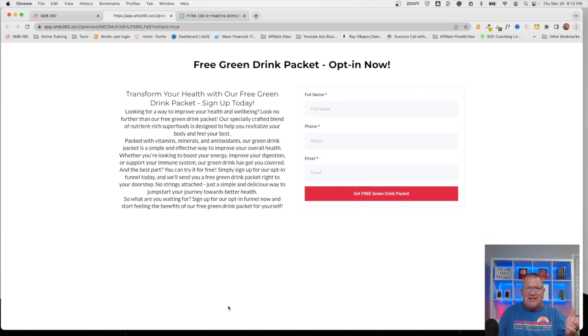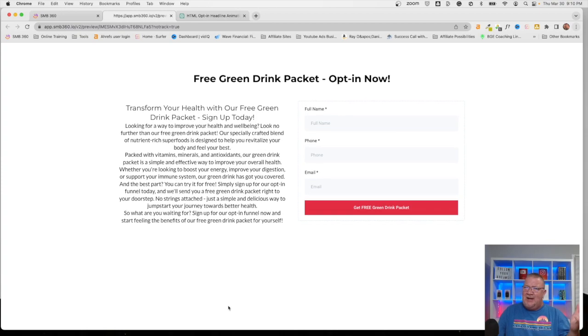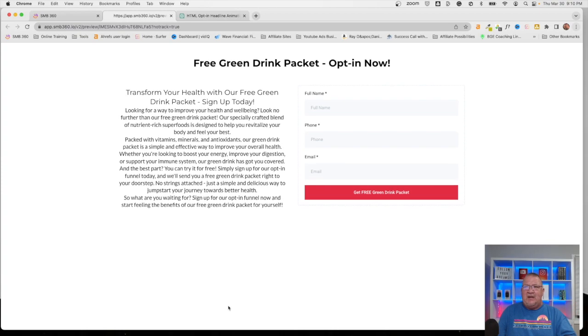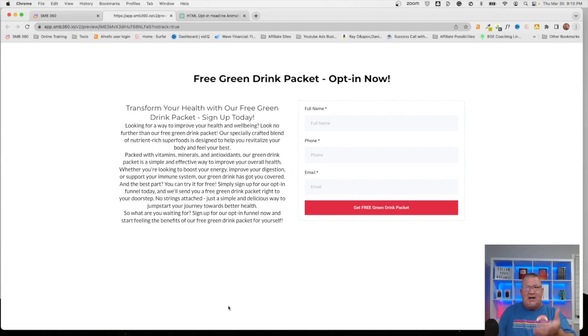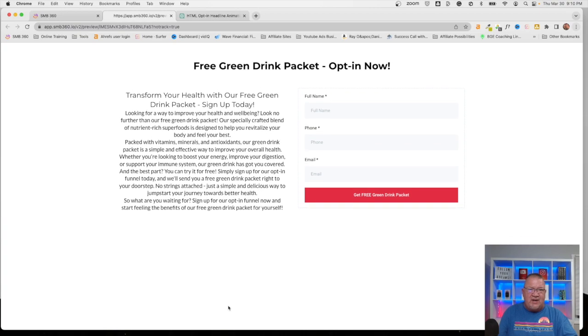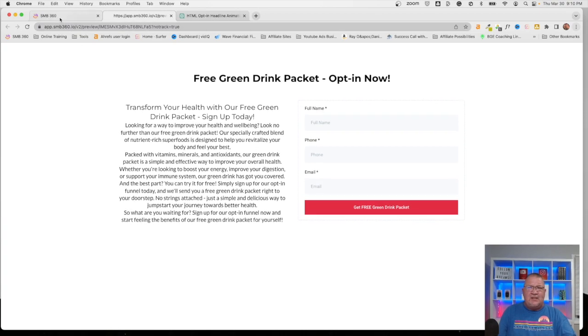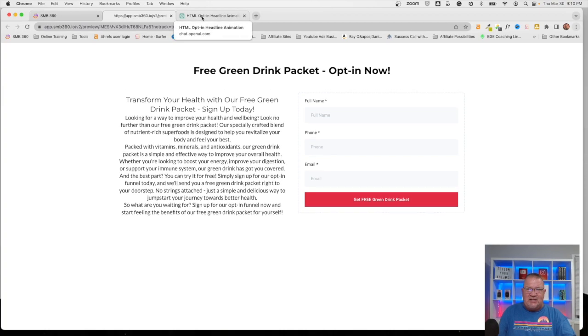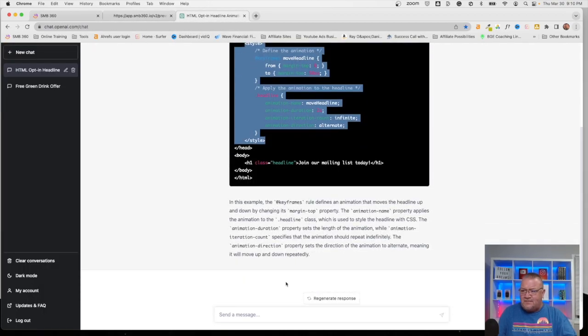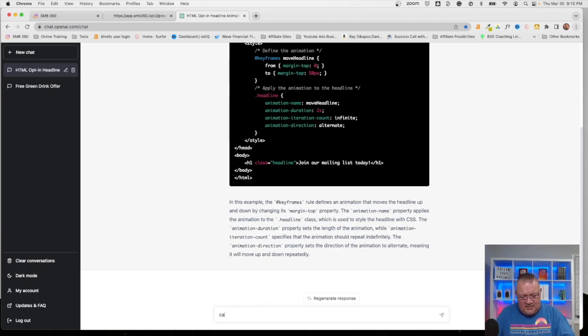This can be very irritating to the person looking at your page, but hey, if this is something that you want to do, here's the code. Because the headline is moving, all the other components under it have to move with it. So let's go back to ChatGPT and see if we can change this. Let's see. Okay, can you change the code so that the headline